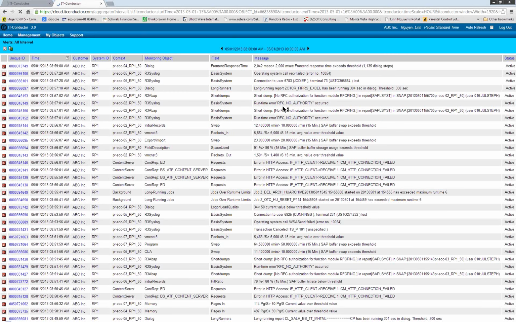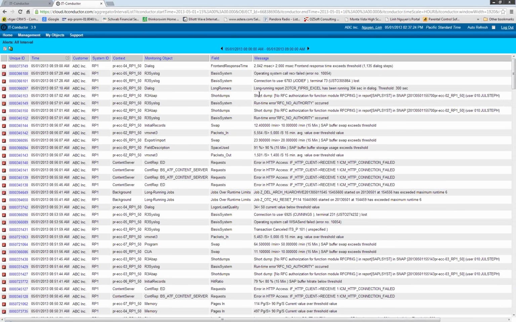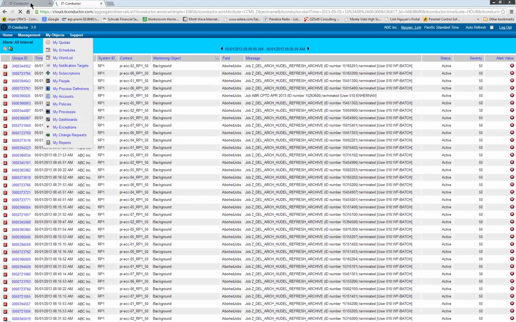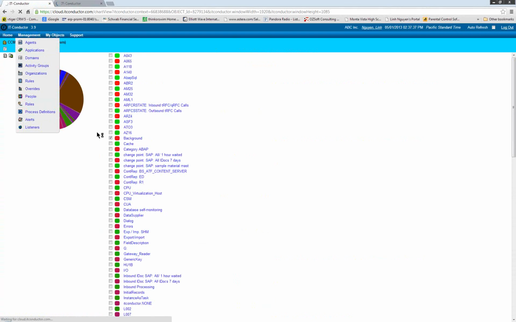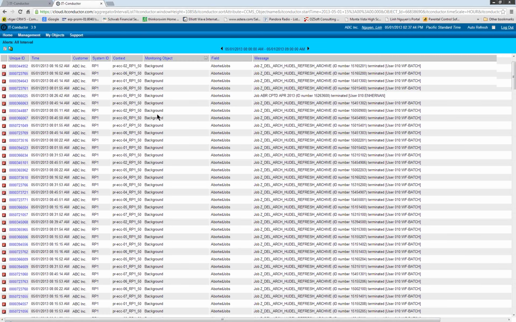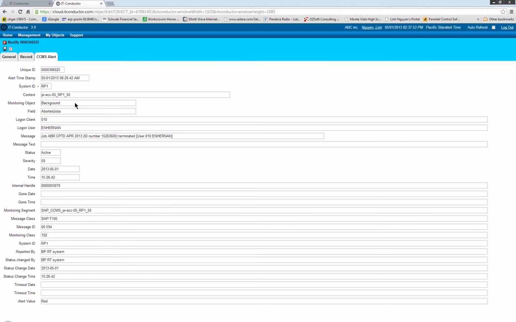Once you're in this mode, obviously, you can zoom in, and for instance, I might find it useful to look at monitoring object. If I'm interested in a particular category, the same category that shows up over here, for instance, background. If it's background information, you might want to see what background alerts are occurring in the system, and you can do it this way. Each and every one of these alerts has detailed information,